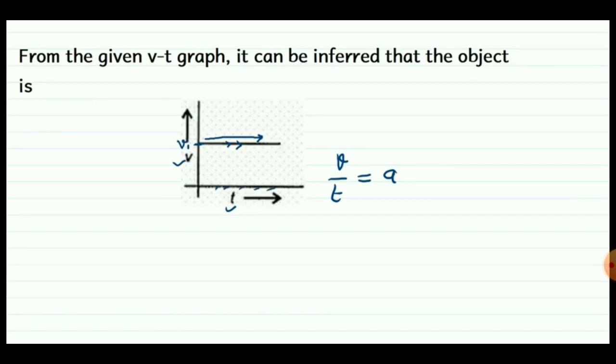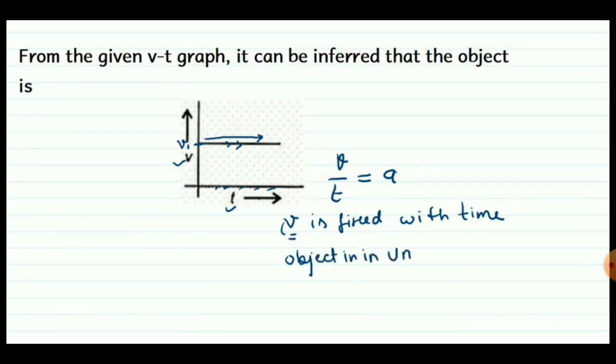Now as the line is parallel, the time is changing but the velocity of the object does not change. So we can say the velocity of the object is fixed. Let us suppose this is v1, so this will remain v1 for the first hour, for the second hour, as the time changes but velocity is constant in this graph. When the object has a fixed velocity, we can say the object is moving with uniform motion. So a line parallel to the time axis in a velocity graph gives us the idea of uniform motion.